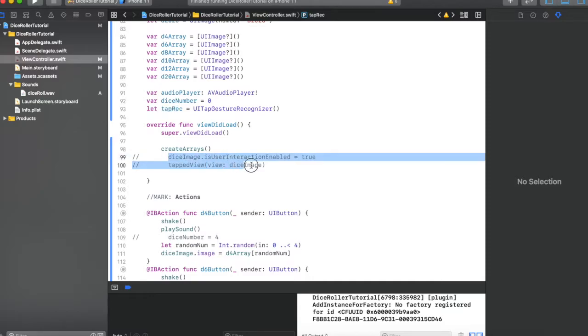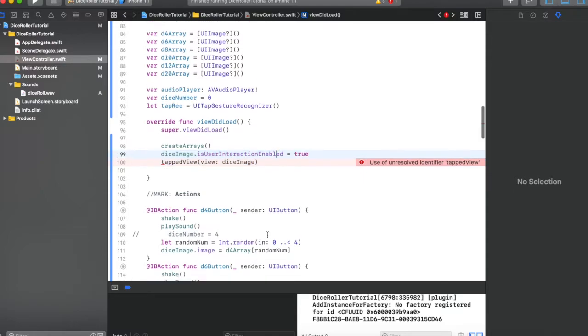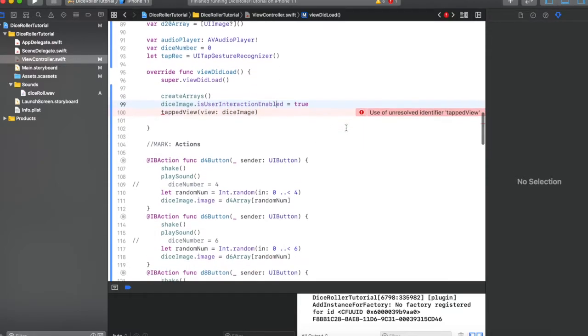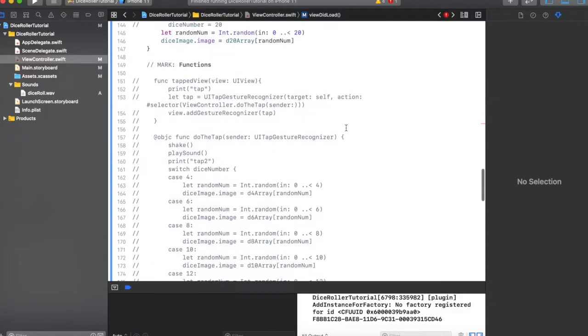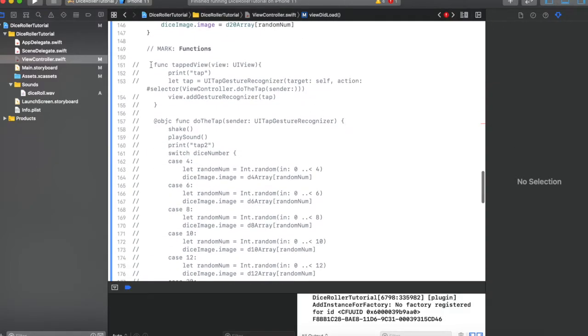Inside of view did load, I'm going to add 2 lines of code. The first one is dice image dot is user interaction enabled. I'm going to set that equal to true. I need to set that equal to true so that I can tap the image and have it react. So don't forget about that line of code. That's important. I'm getting an error right now, but that's just because I haven't uncommented out my other functions. So you're going to want to add